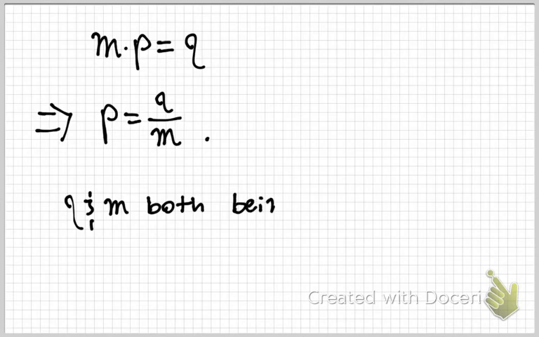In other words, I'm operating under the assumption that M and Q are both rational. That's the assumption that I'm operating under. I'm operating under the assumption that rational number times irrational number equals rational number. So that means Q and M are both